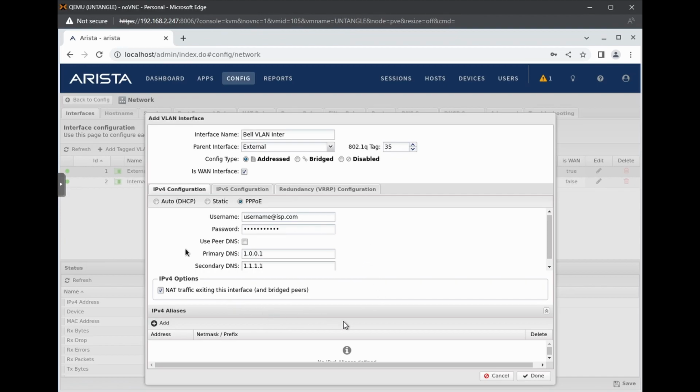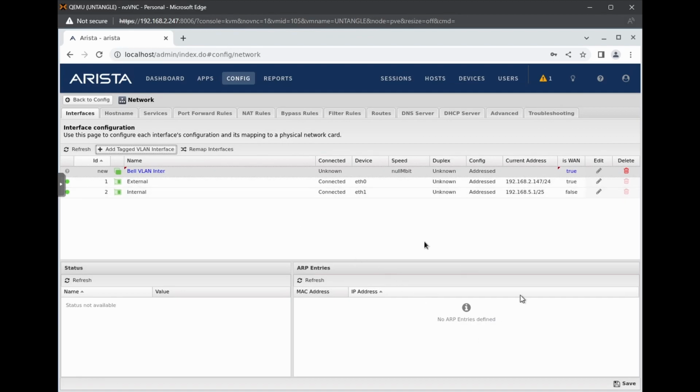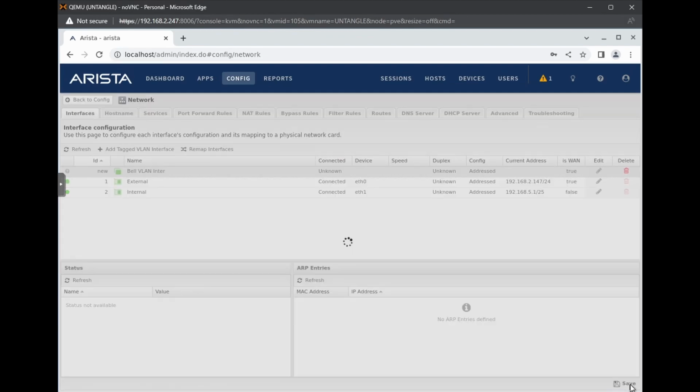And once that is complete, you just click on done, and you click on save, and you wait for the gateway to refresh. And it's not really going to do it in my scenario because I have it virtualized. I don't have an ISP provided fiber connection, so for me it's not going to connect. However, for